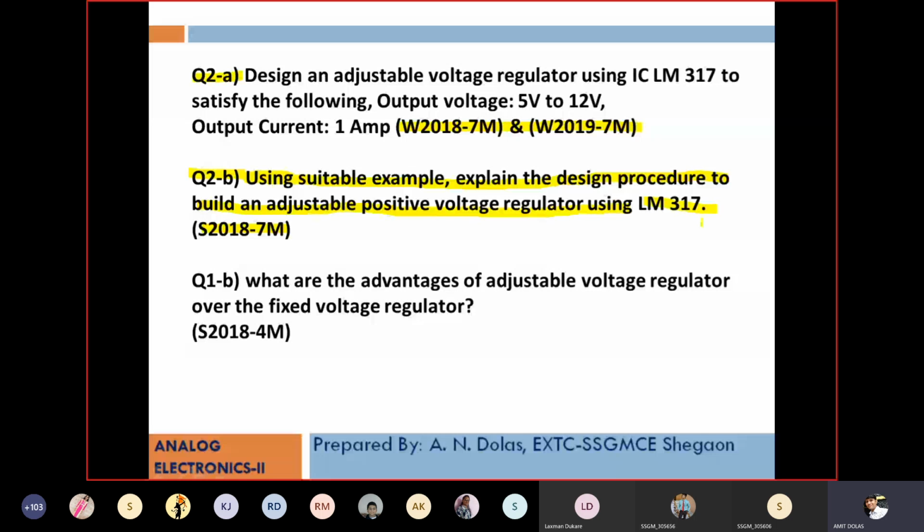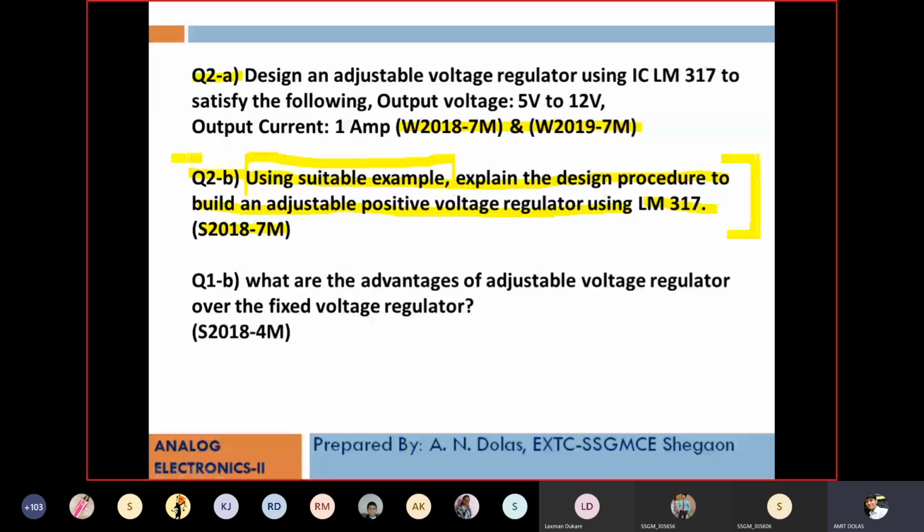हमने जो 3 न्यूमेरिकल देखे हैं उसमें से ही कोई एग्जाम्पल पिकअप करके यू मे एक्सप्लेन दिस. And meanwhile, of course, you have to mention a sort of theory, like why R1 is 240, and what is R2. R1 is the current set resistor, R2 is the voltage set resistor. Likewise, what is V reference. Some point-wise theory is to be mentioned here, and you have to solve one numerical of your choice to provide a suitable example. That's why I have not provided any solution here. You may pick any of the above.